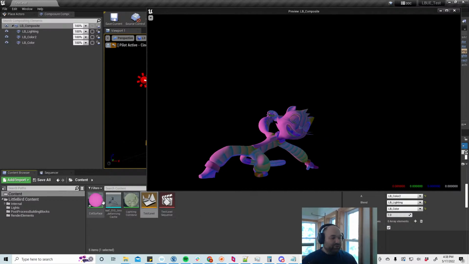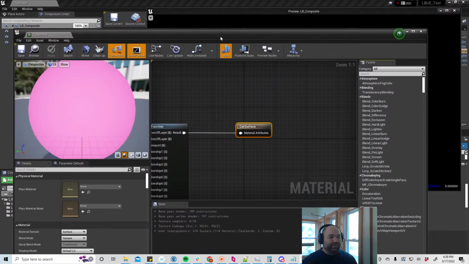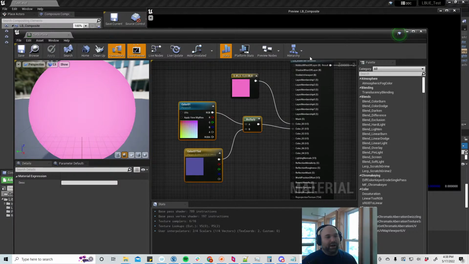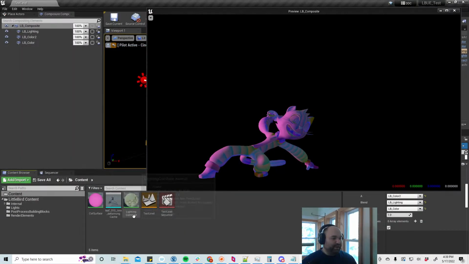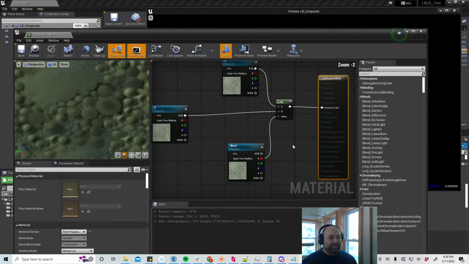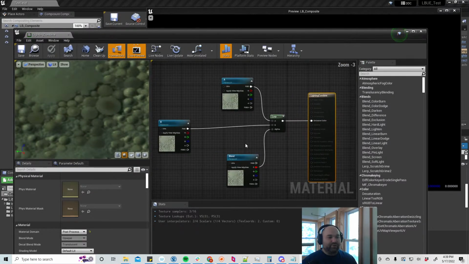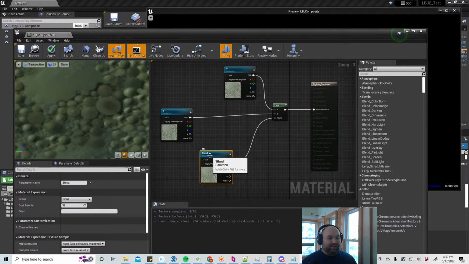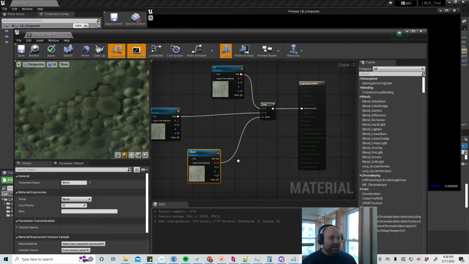So let me show you a few other things that you can do with this, actually. I don't know if this is a very simple example, and there are a few things I could do to it. Oh, I didn't mean to open Cat Surface. I meant to open the Lighting Combine post-process shader. There are a few other things I could do to this to make it clear what some of the advantages are. So for instance, let me take my blend, which I have the lighting input on,